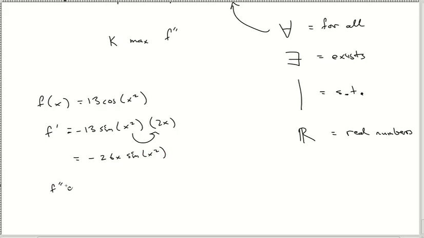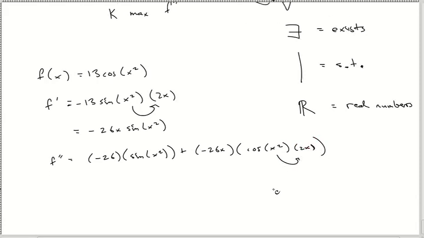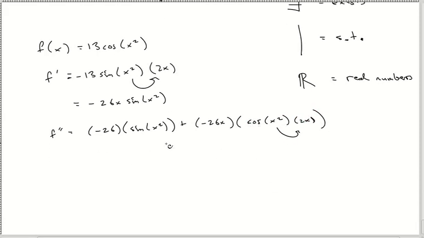And so, my second derivative now would be product rule. So now take the derivative of the first, negative 26, and then I leave the second alone. And then plus, I got my negative 26x original, and then derivative of sine is going to go to cosine. Leave the inside alone. Chain rule says you got a 2x on the outside there. Wow. So I'm supposed to use this function and find the maximum value from 0 to 1. So what's the max height